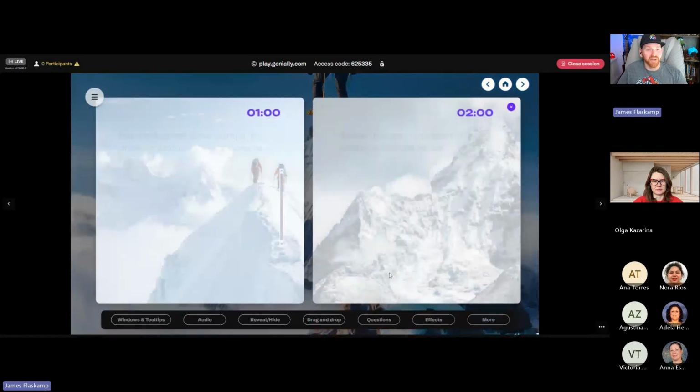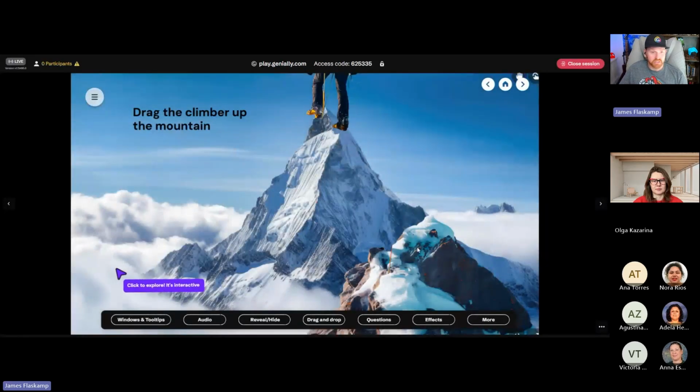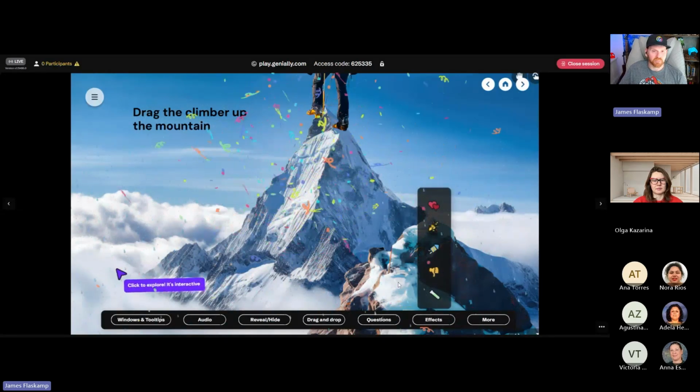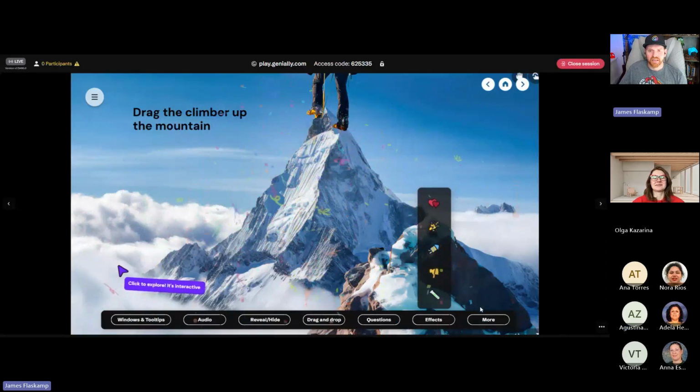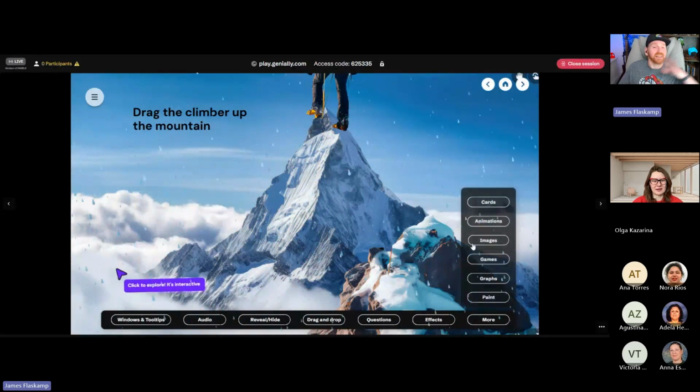You can incorporate interactive questions, whether that's true, false, sorting questions, open response, survey type questions. We have all the different question types available in Genially, with countdown timers you can add in as well, so that you can check for understanding as students are going through a particular Genially presentation or activity. We also have a number of different full screen type effects that we can do, like a party popper. That tends to be pretty popular with our teachers when we want to celebrate things. And then a lot more too.